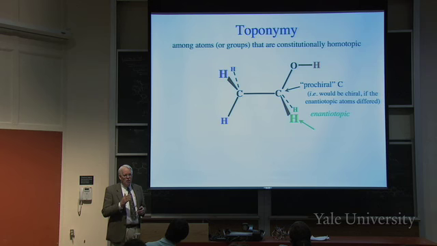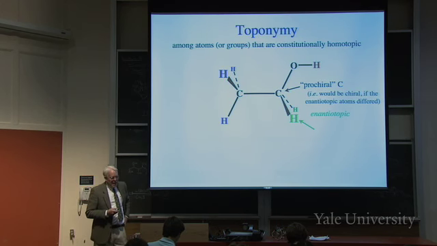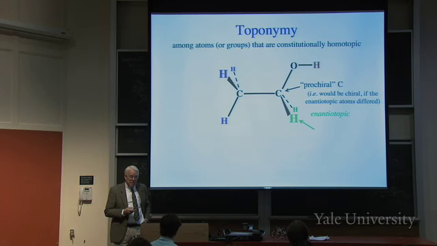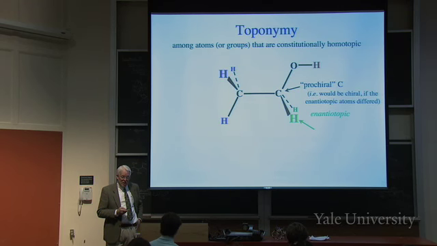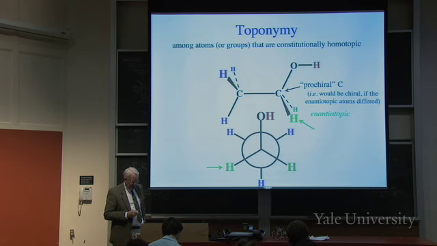So now toponymy, that's names of places. How do we name them? So we have groups that are constitutionally homotopic. They have the same constitution, they're connected to the same things. Okay, so consider the green hydrogen there, the light green one in front, and I've drawn a Newman projection also